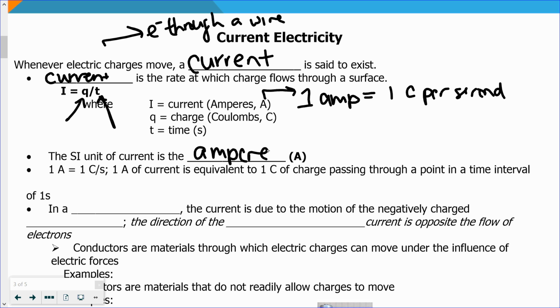Usually represented by a capital A. Oh, I see that I'm writing all the things that I have. So 1 ampere is equal to 1 coulomb per second. 1 amp of current is equivalent to 1 coulomb of charge passing through a point in a time interval equal to 1 second. In a metallic conductor,